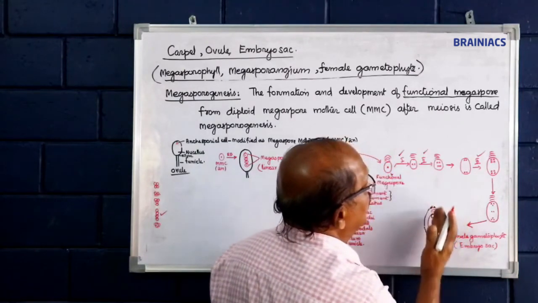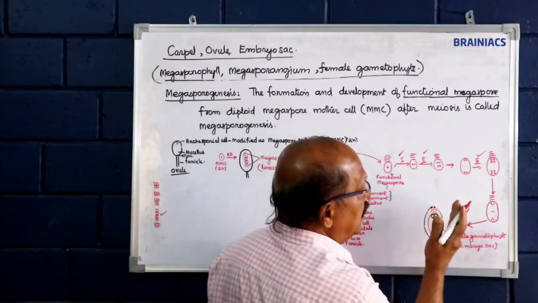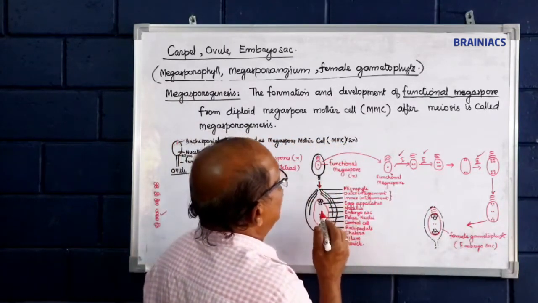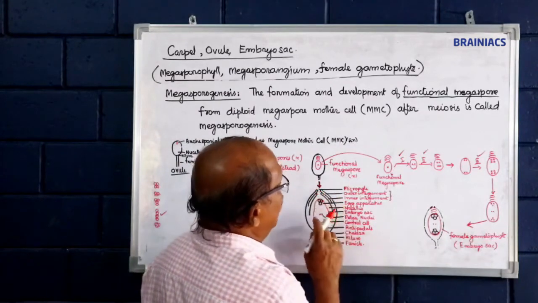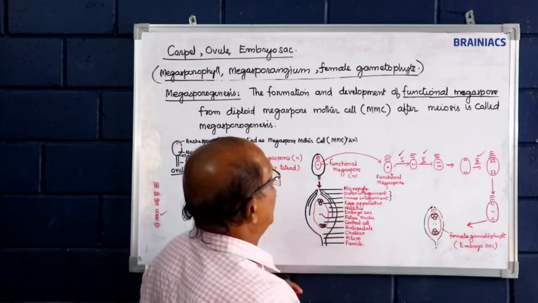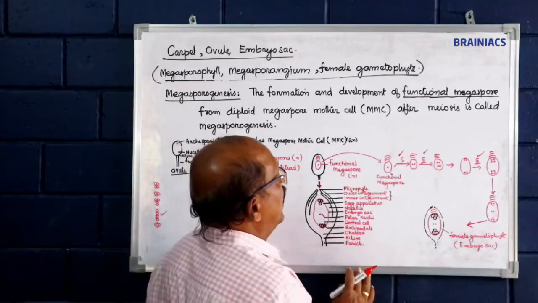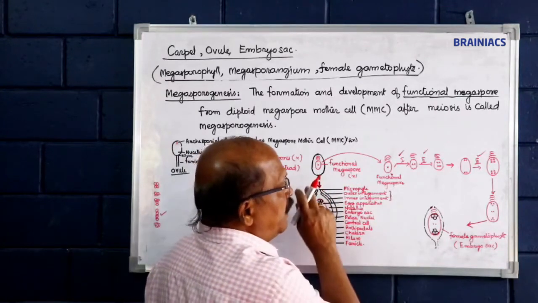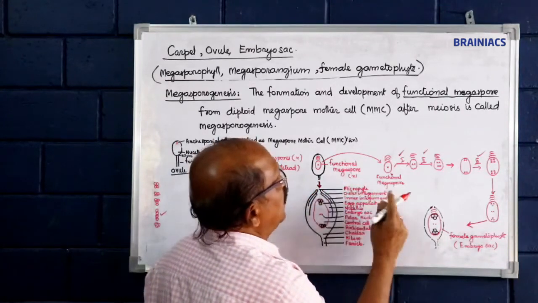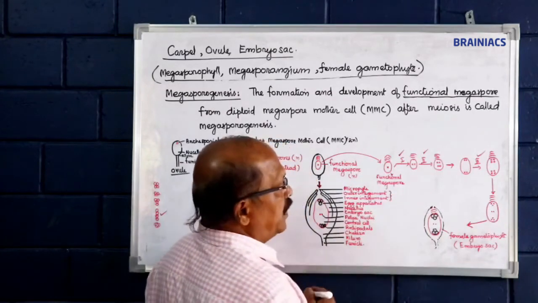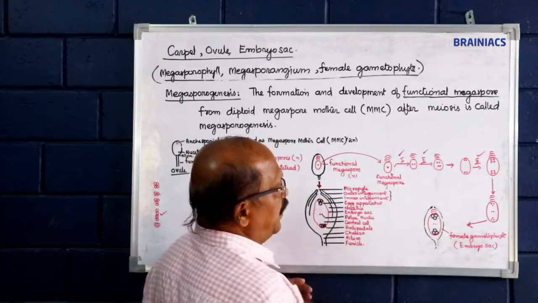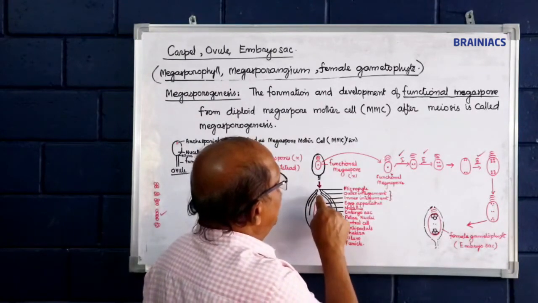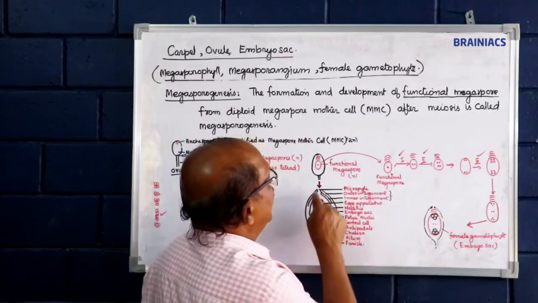This disintegrated region becomes the minute opening, formed by rupturing of the integuments, outer and inner. So this is the micropyle. The outer and inner integuments thus become the two integuments. So this is the micropyle, and this is the opposite region.